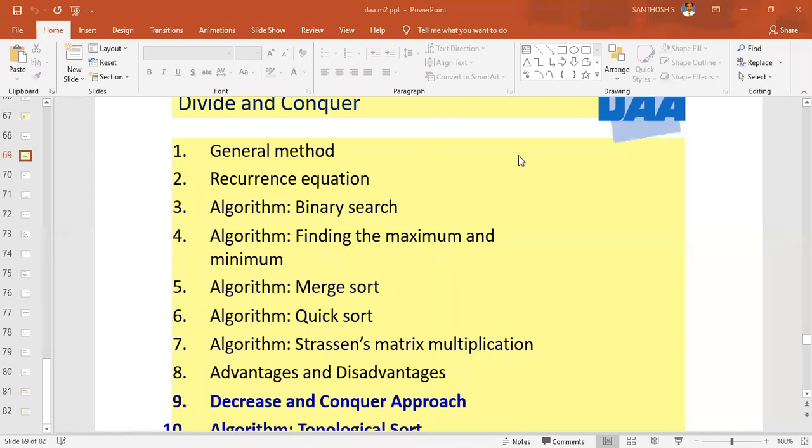Mark your attendance using 3 parameters.